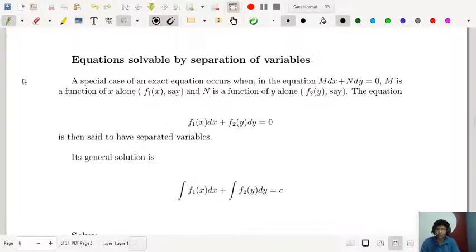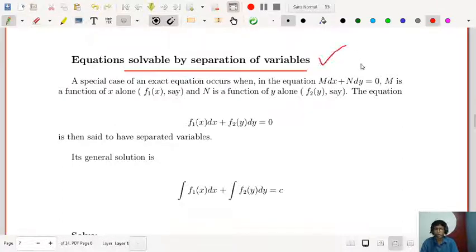Already you have learned this at a lower level. Equation solvable by separation of variables, that is the very basic thing you have learned at your +2 level. What is it? It is a special case of exact equation. So if the equation is m dx plus n dy equal to 0, and m is a function of x alone, that is f1(x) say, and n is a function of y alone, f2(y) say,